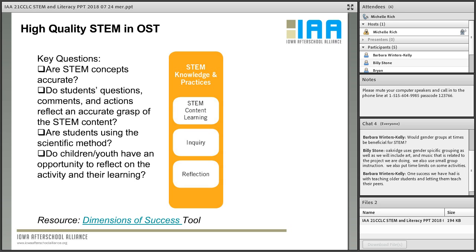For instance, we'll see an activity here, if we can make it play, making slime or oobleck, and asking some pre-questions around, what do you think will happen if we do this? What's your prediction about these different materials and what we're going to create? And then coming back to it over and over again in the activity so you can assess the progress